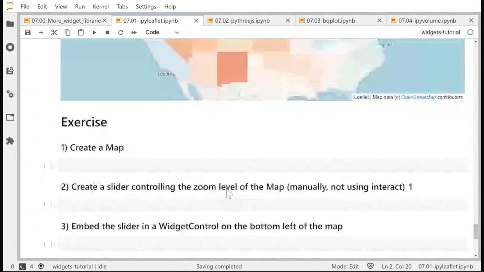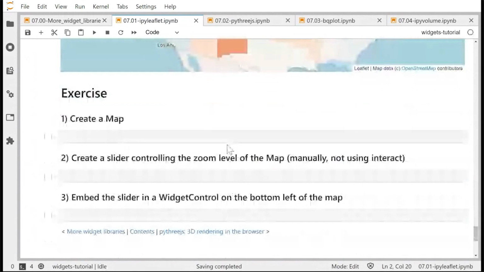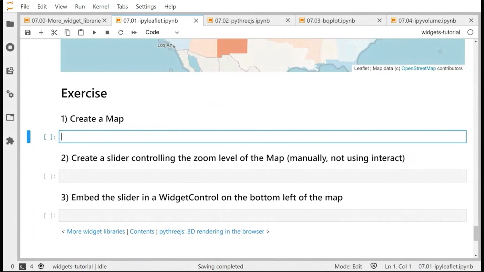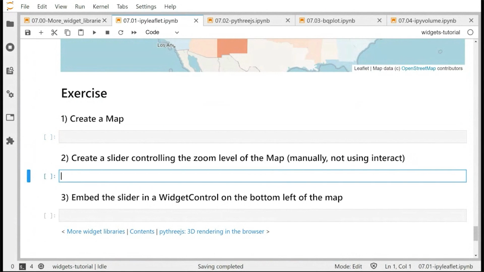So we have an exercise. So how about you take 5 minutes to do this, and we can then move on to the next JIT library. Okay,